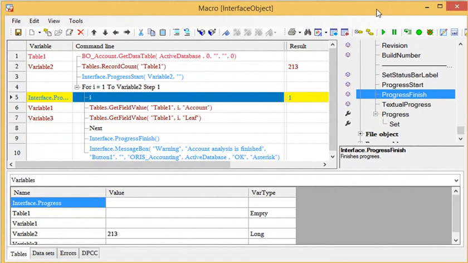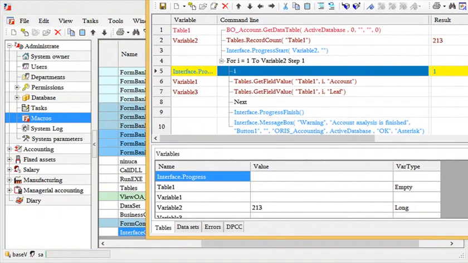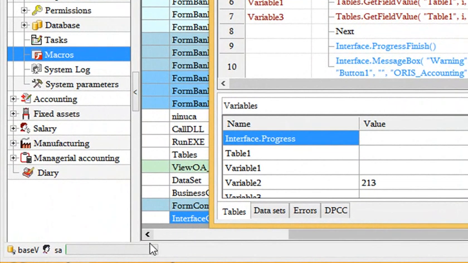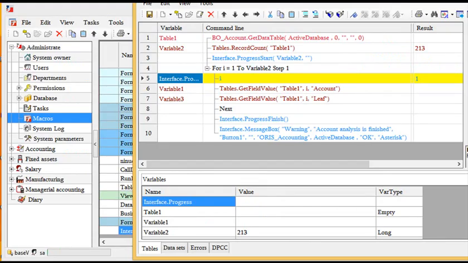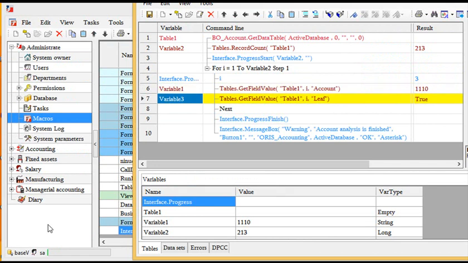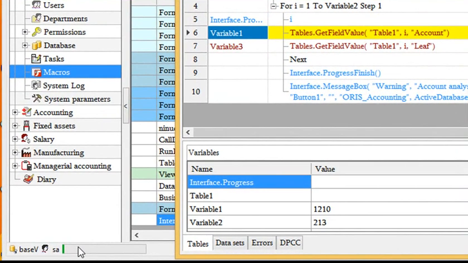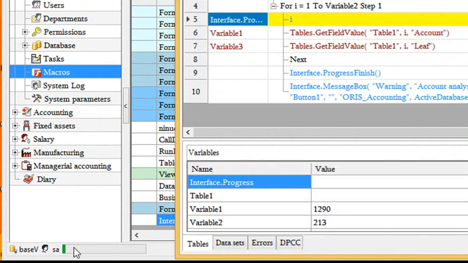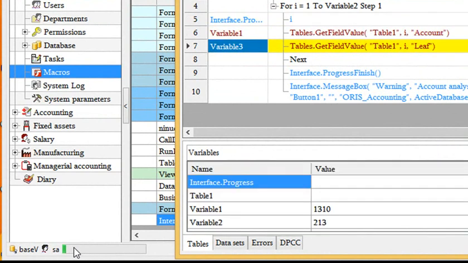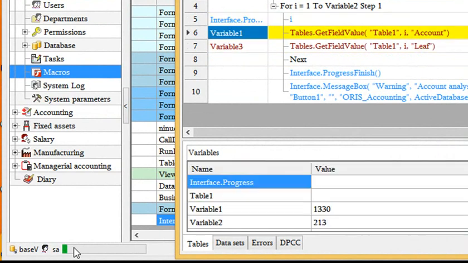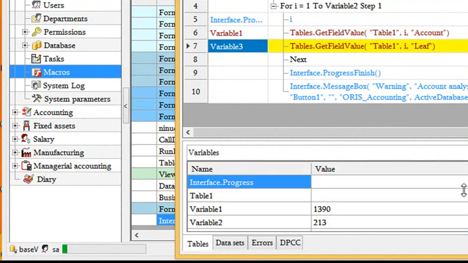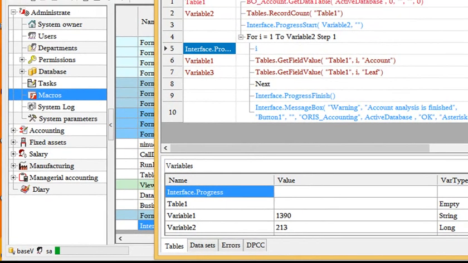And notice that if we go to the interface screen, we can see the progress bar will appear on the status line, and if we keep this macro running step by step and look at the progress bar while this loop is iterating, we'll see an indicator that shows us visually the progress of our macro code. And when the loop is finished,